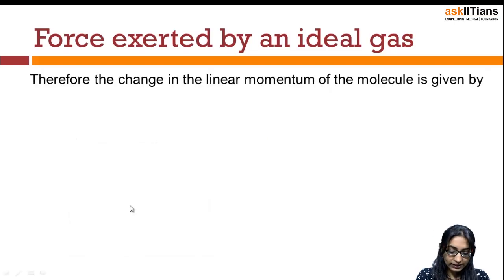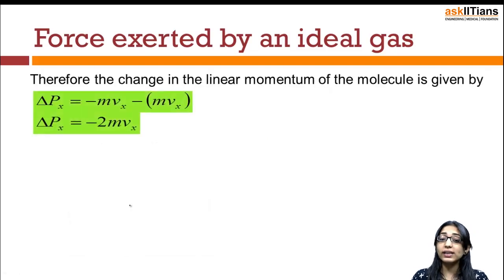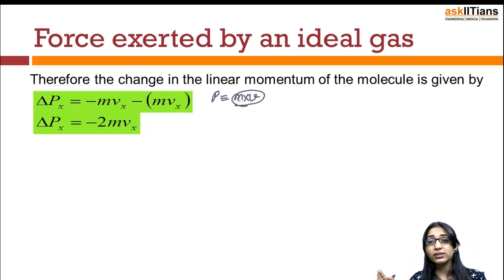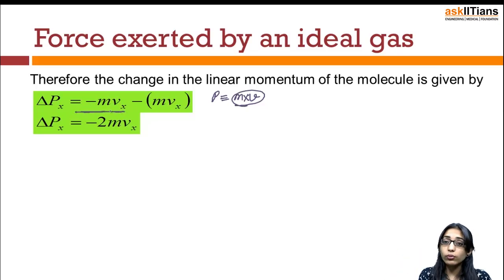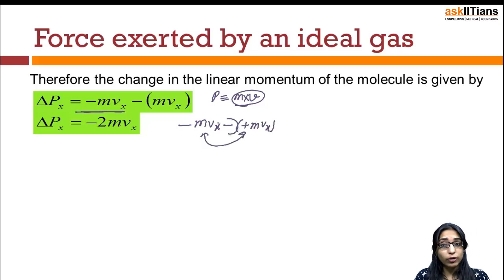Now once we are done with this, can I say what the change in the linear momentum of the molecule is? We know that the momentum of the molecule is given as p equals mass times velocity, mv. So when it was moving towards the wall A, the momentum was, let's say, mVx. Now once it is moving in the direction opposite to the wall A, the momentum will have a different direction. So the change in momentum will be nothing but minus mVx minus plus mVx. So earlier these had opposite directions and I just subtracted the two,